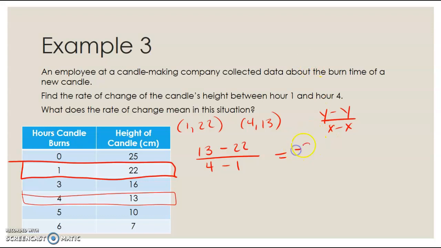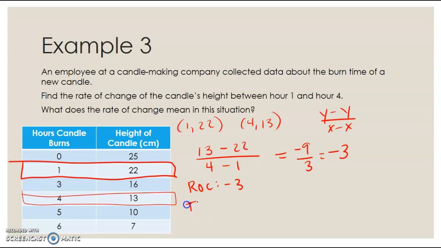So we end up with a negative 9 because the 22 is bigger, and 4 minus 1 is 3. 3 divides into 9, so negative 9 divided by 3 is going to be a negative 3. And so our rate of change is negative 3, and what that means is